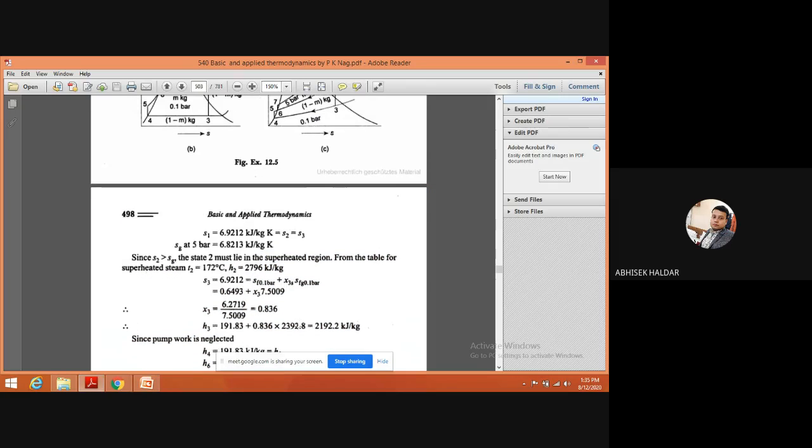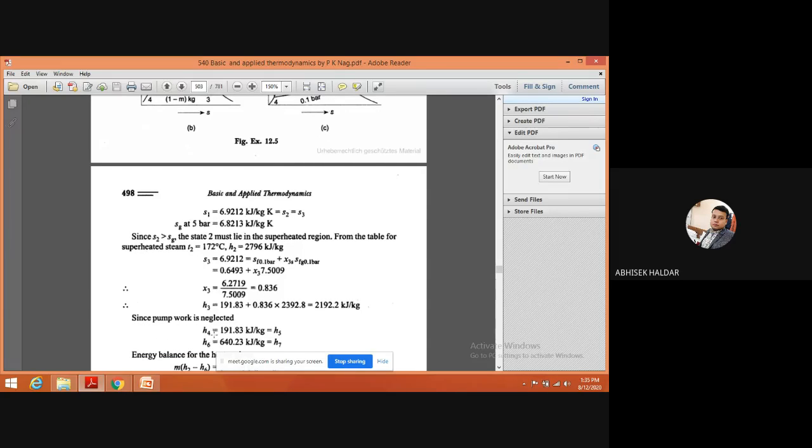And then once you are getting this X value, you can easily calculate in the same equation. H3 will be what? HF plus X into HFG. That same equation they have used. So H3 they are calculating. Once I am getting this H3,